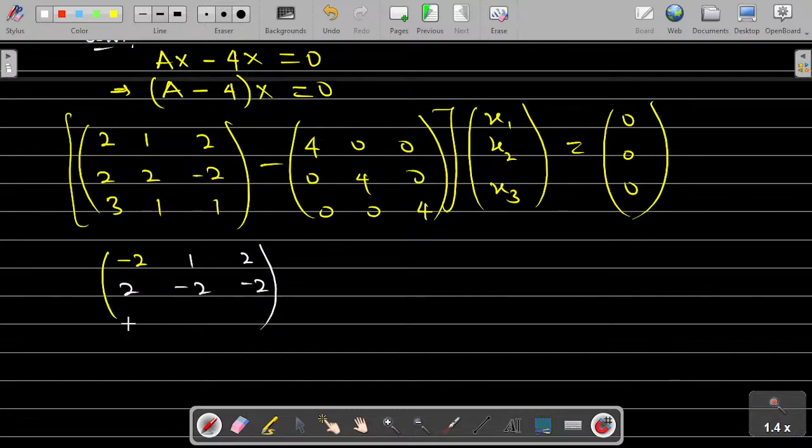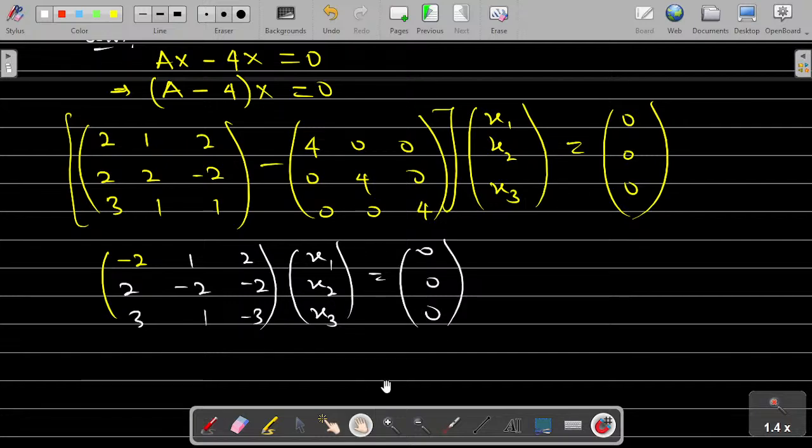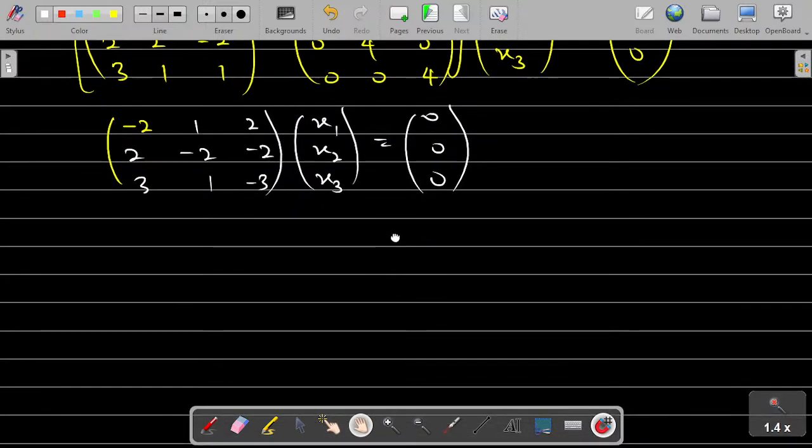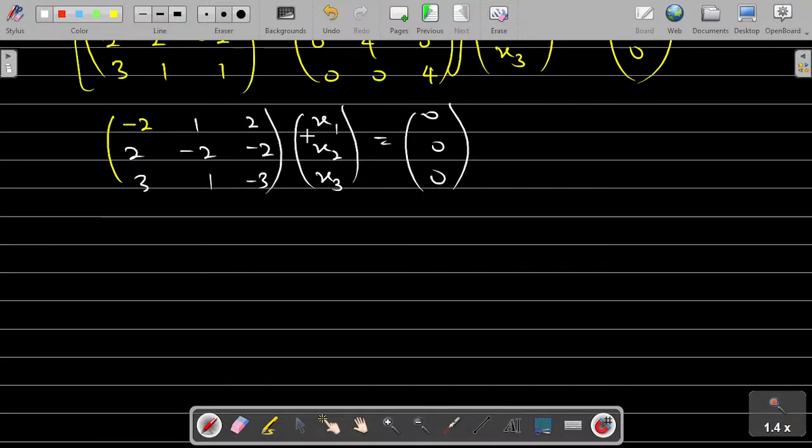Then this minus this will be 3, 1, and then minus 3. Okay? And that is multiplying our x1, x2, and x3 to be equal to 0, 0, 0. So forming our equation now, remember how I did it earlier, this will multiply minus 2x1, just attach x1, x2 to x3 all through. So this will be plus x2, and then here will be plus